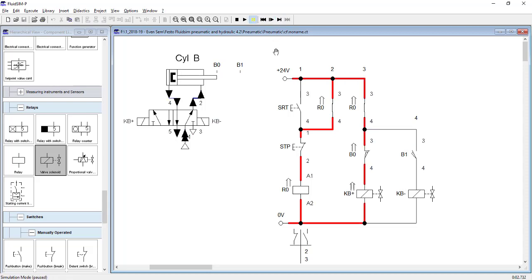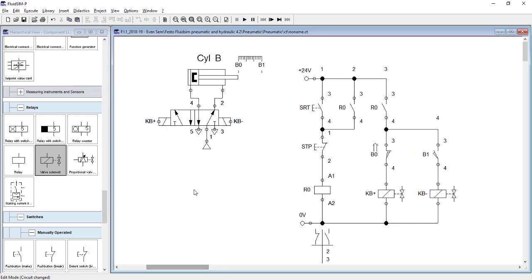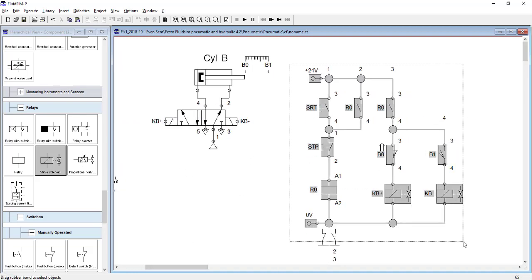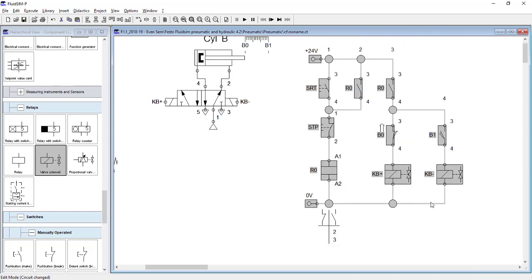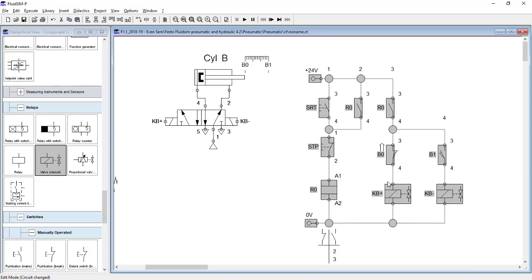Okay, I will explain this entire circuit, how to start drawing this circuit, what this circuit means, what are these SRT, STP symbols, what is this relay, what is this valve solenoid that we have drawn over here. Everything will be explained, but it will be explained in the next lecture. So this was just an introduction to electro-pneumatic circuits. We have drawn two parts of the circuit. This is your pneumatic part. This is your electrical part. Now this electrical part is further divided into two parts. That we will see in the next lecture when we go to the more complicated circuits.